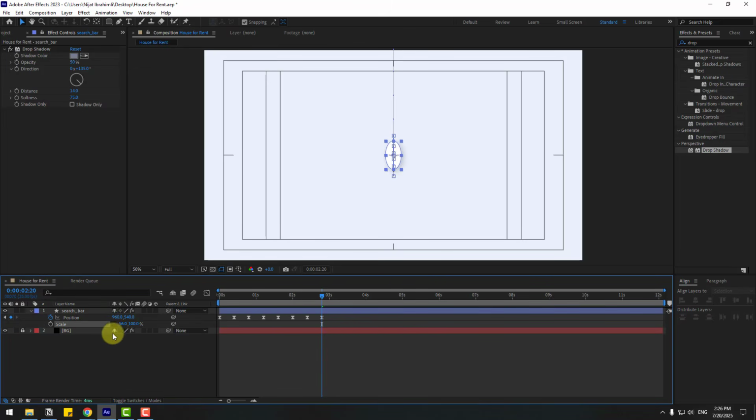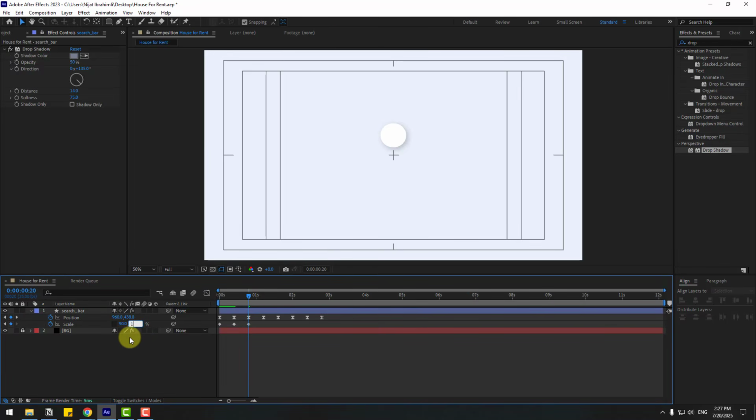change scale like this. Let's change this to 50 and this to 120 and go to the first second. Let's create a scale keyframe. Go to the next 10 keyframes, change to 110 and this 80 or 90. Let's see. Okay, we can write here 85. Go to 10 keyframes. Let's write 90